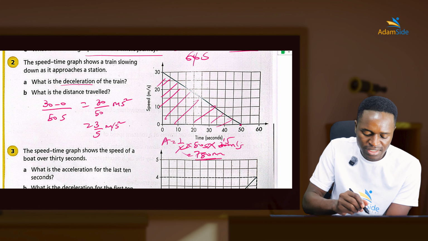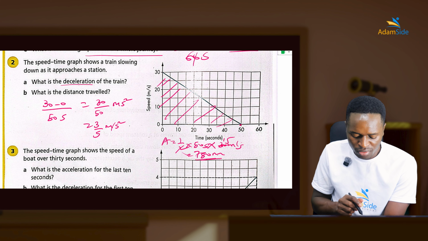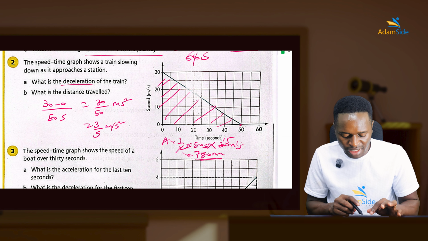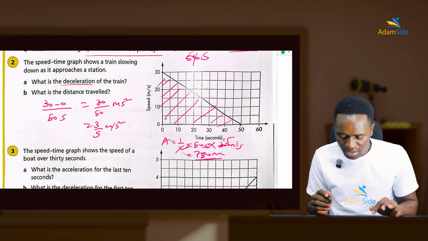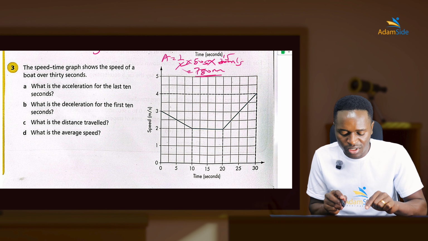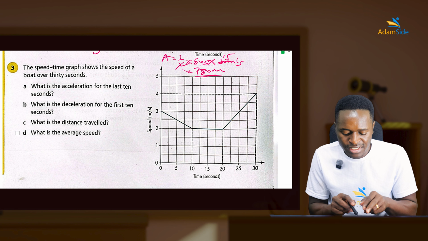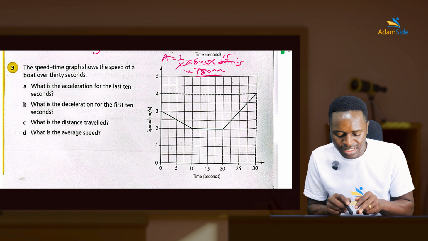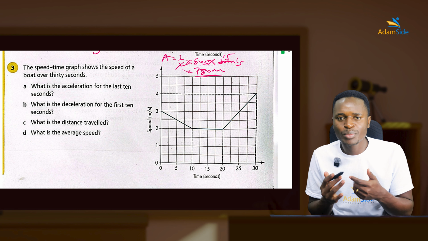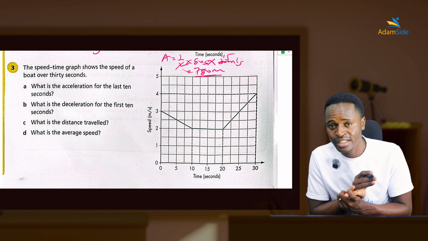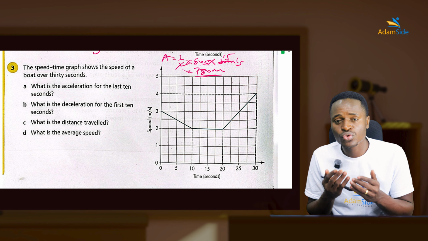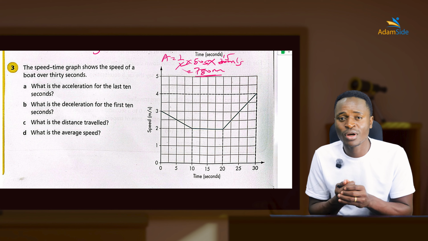Let's look at the last example, number 3. You can see we have a different kind of question. Look at question number 3 as you scroll down. We've been given the speed-time graph showing the speed of a boat over 30 seconds. What is the acceleration for the last 10 seconds? What is the deceleration for the first 10 seconds? What's the distance traveled? What's the average speed? What we basically need to understand is what is deceleration, what is acceleration, and what is constant motion. If you know that, you'll be able to solve this kind of question in your final